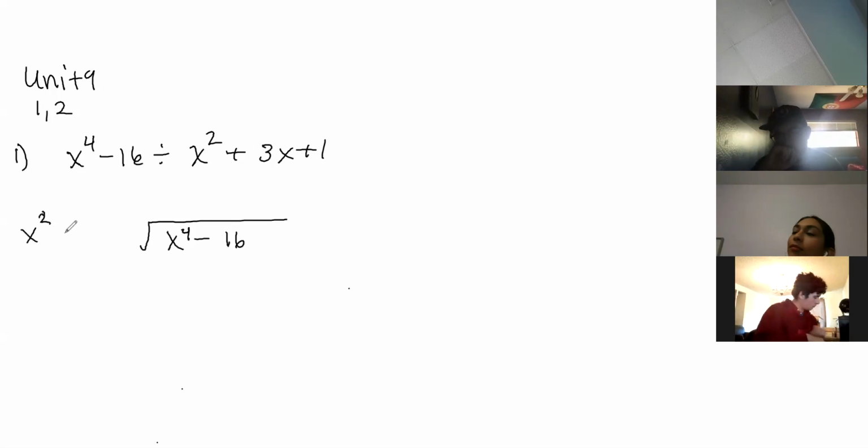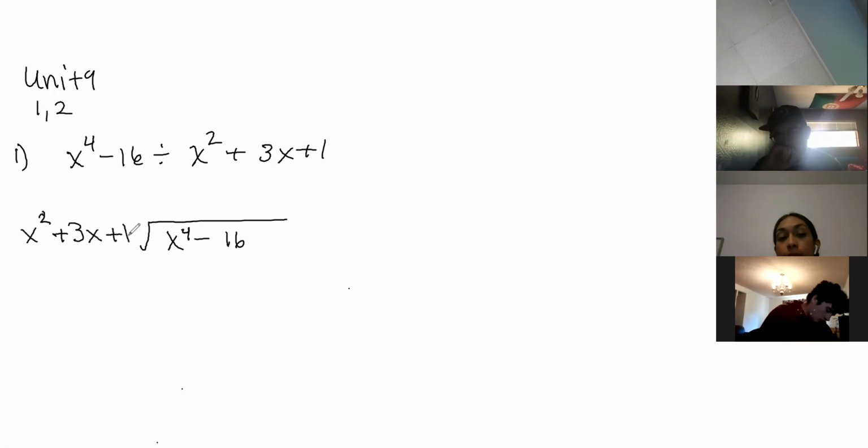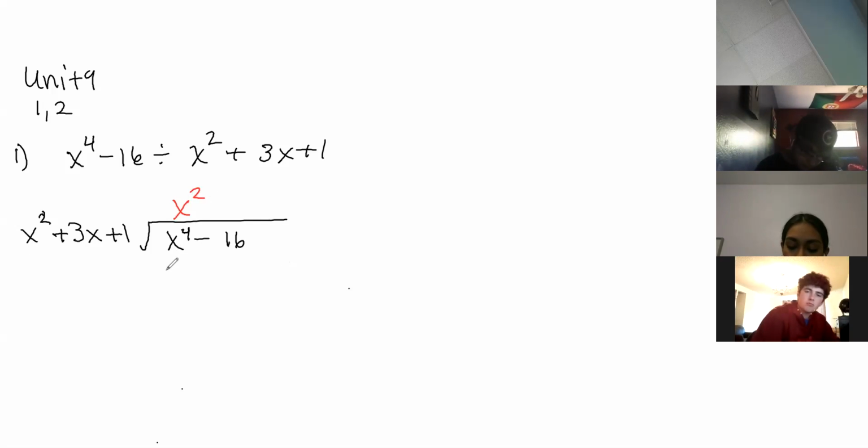Now, when I did these in class, this is the one where I said you can put zeros in, x to the 4th plus 0x cubed plus 0x squared plus 0x minus 16, or just work it out and line things up as you go. I'm just going to do it that way. I'm going to line things up as I go. Okay, so x squared times what is x to the 4th? X squared. And then you distribute, and you get x to the 4th